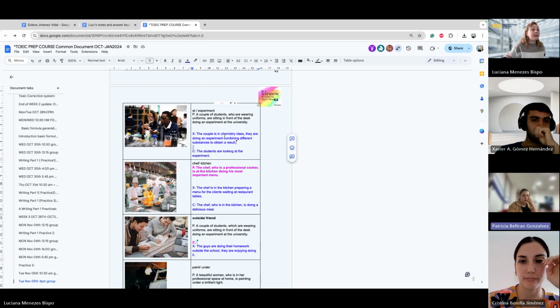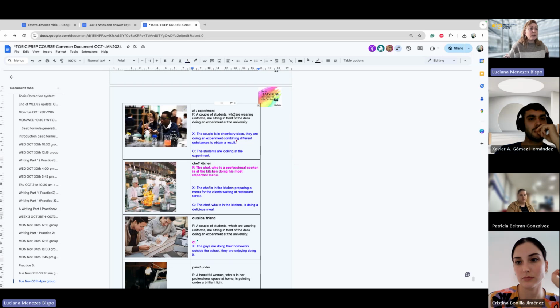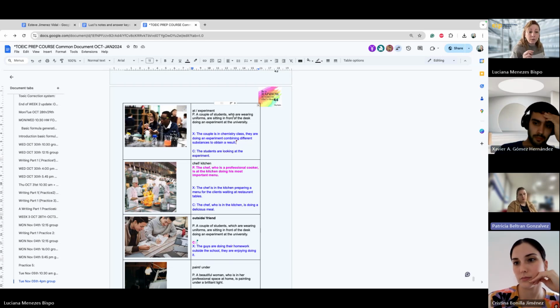The couple is... I thought when it is two people, I can use who. So for me, it's a mistake. You used which. Which, yes. You thought that for plural you cannot use who. I thought that I can use who for two people when they are together. You can, yes. Okay.